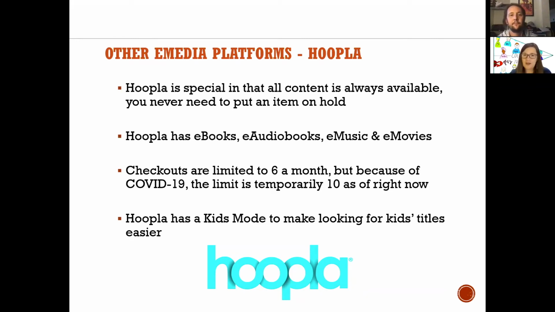Now, Overdrive, like I said, every service that we subscribe to has different sorts of benefits. So Overdrive has books and ebooks, e-audiobooks, and magazines as well. Whereas Hoopla has not only ebooks and e-audiobooks, it has a number of graphic novels, movies, music, and television shows. So you get more different kinds of media through Hoopla. And Hoopla is a really fantastic resource.